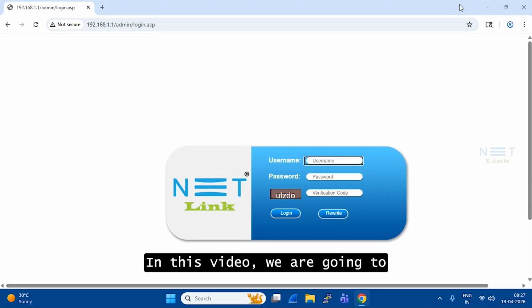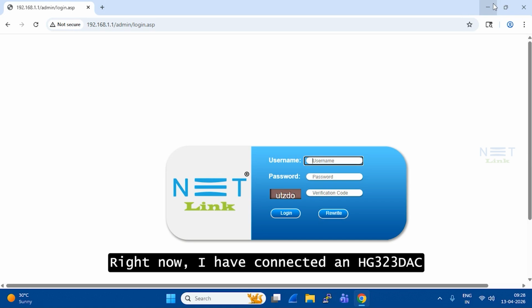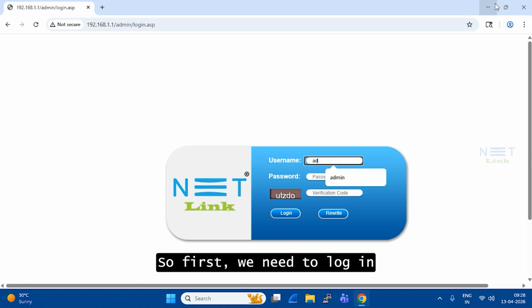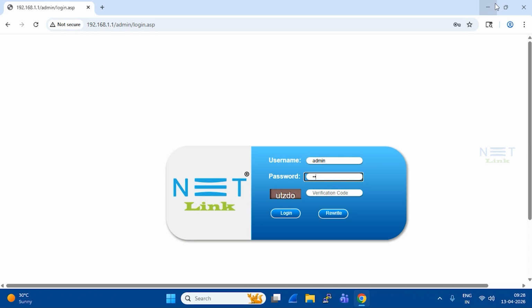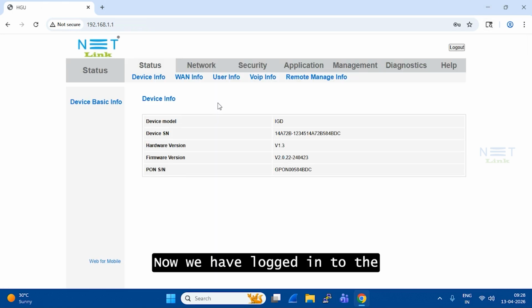In this video, we are going to look at the Wi-Fi settings of the HG323DAC, which is a dual band ONT. Right now, I have connected an HG323DAC ONT to my PC. So first, we need to log into the ONT. Now we have logged into the dual band ONT